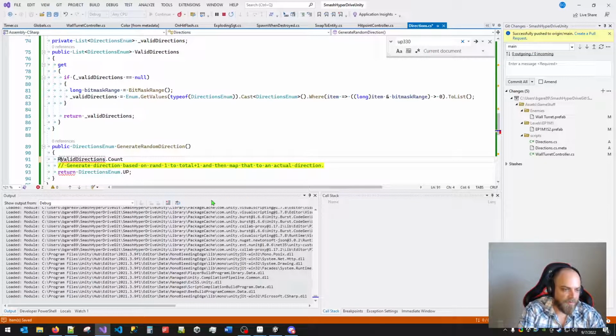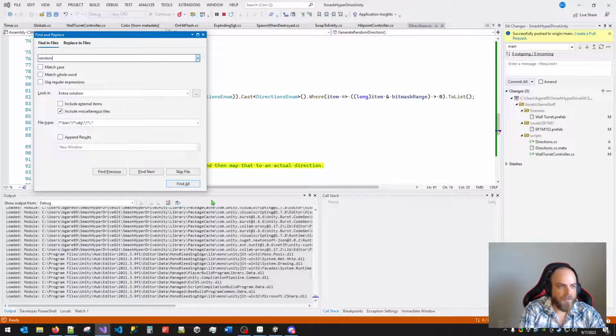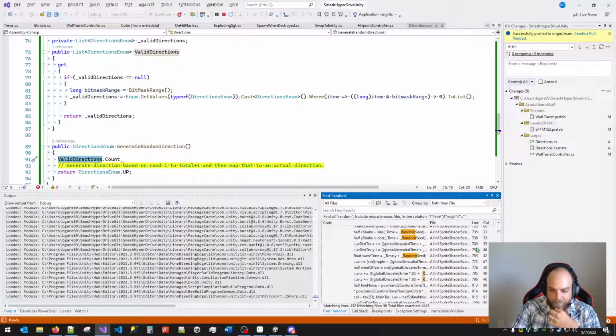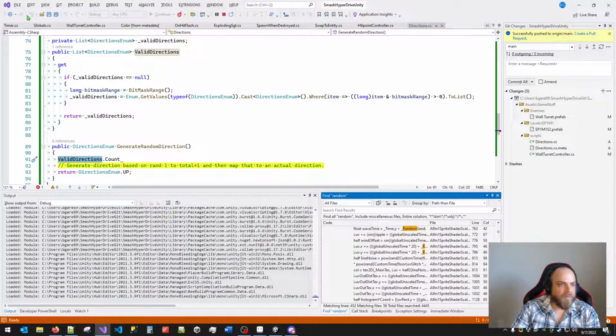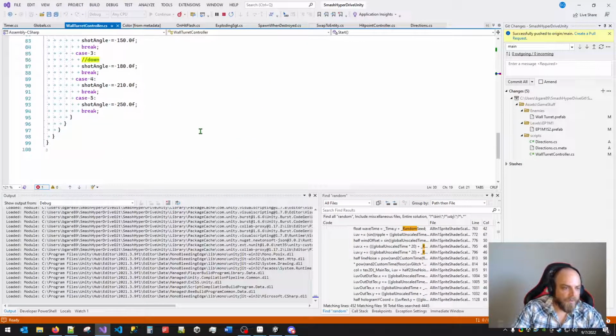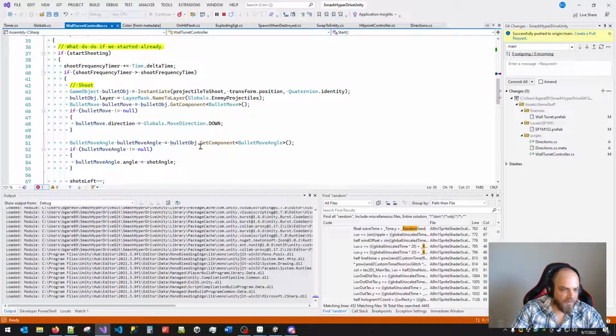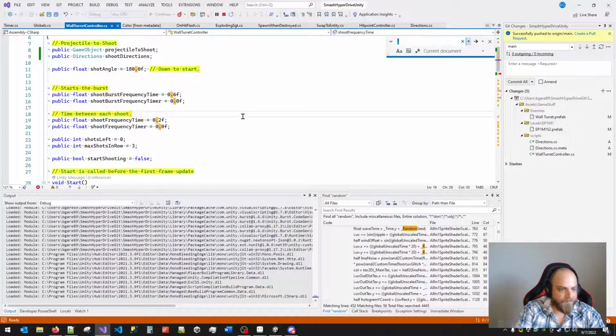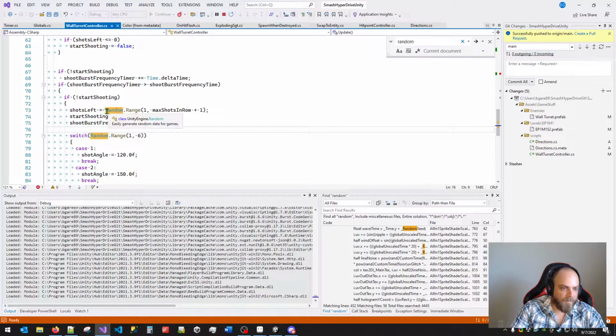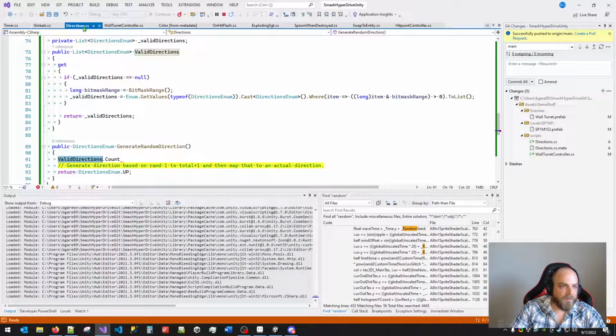Do a random Mathf dot random. Okay, so maybe there's actually a random class. Okay, I've done randoms before. I'm doing a random in the wall turret, so let's see here. It should be in here somewhere. Random.range. So that's that, and we have a one here for which direction to shoot, so then we'll go into directions code,